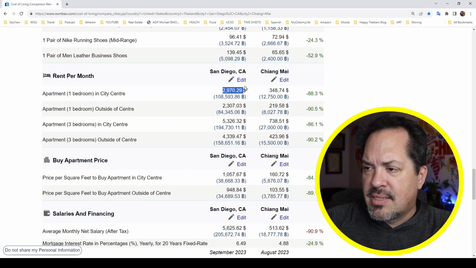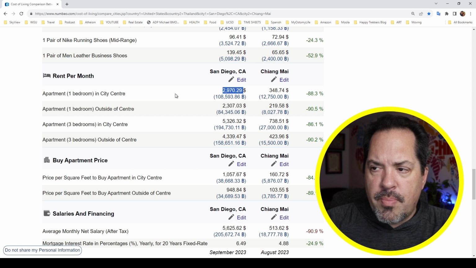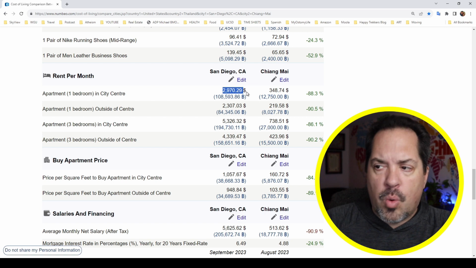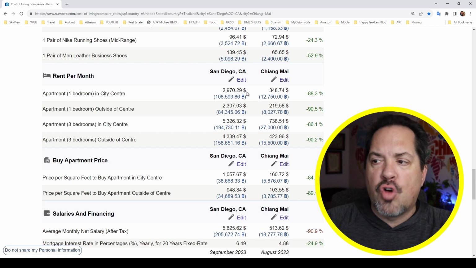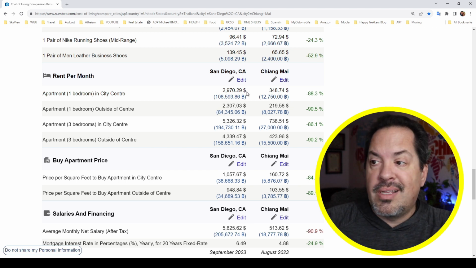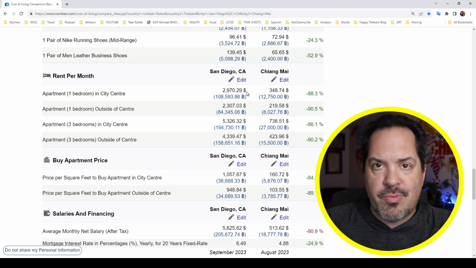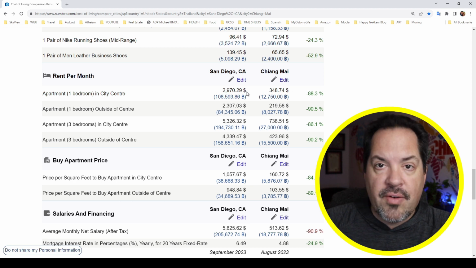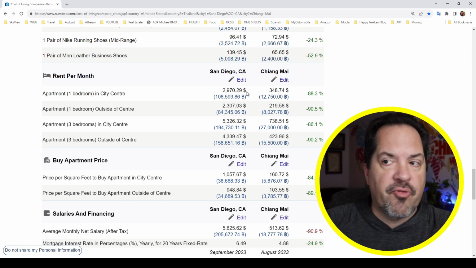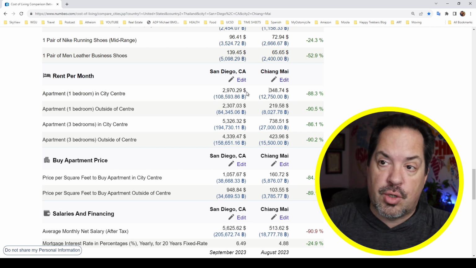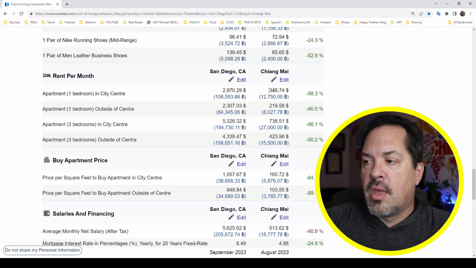I'm looking at the rent. I'm going to compare this. So this is a one-bedroom here in San Diego. Yeah, almost $3,000 for a one-bedroom. Yeah, definitely all day long. Can it go higher? Yeah. Can it go lower? Yes, but not really low. You're not going to find a one-bedroom in San Diego for $1,000. You're not going to find very many for $1,500. They're going to run you $2,000, give or take, for a one-bedroom, and it's going to go up from there. So, yeah, you can easily spend $3,000. You can easily spend $5,000 or $6,000 on a one-bedroom here.